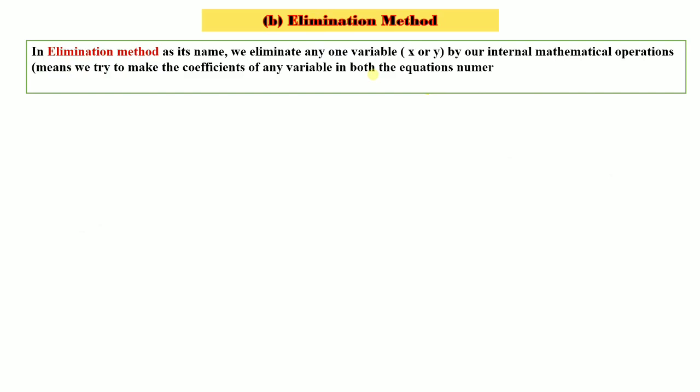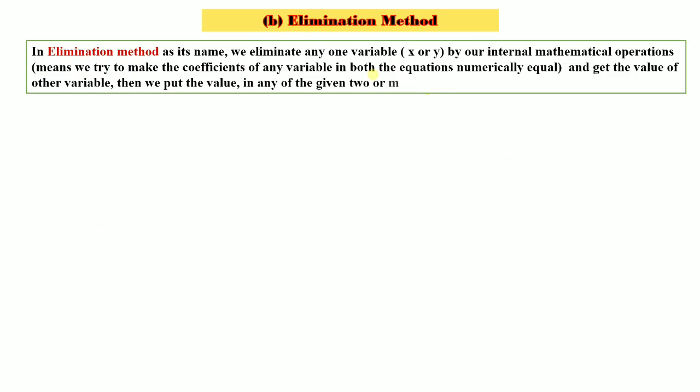We will always have two equations in this chapter to solve them. So in both the equations the coefficients must be numerically equal, that means the coefficient of the first equation as well as the coefficient of the second equation must be equal. For example, 3x, then we must have 3x in the second equation, and get the value of the other variable. Means suppose we have made the coefficients of x equal, then we will have the value of y.